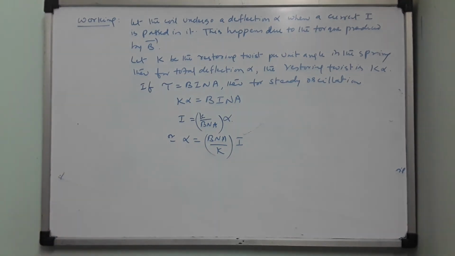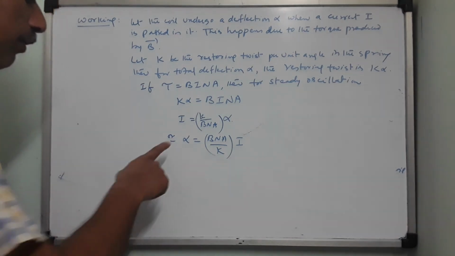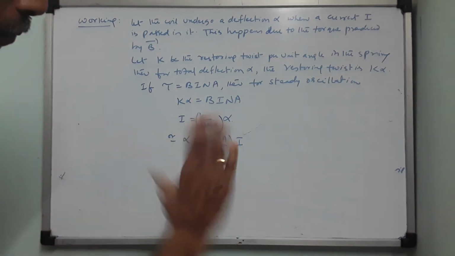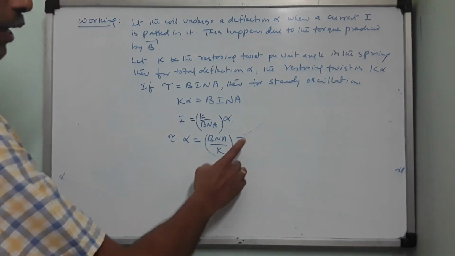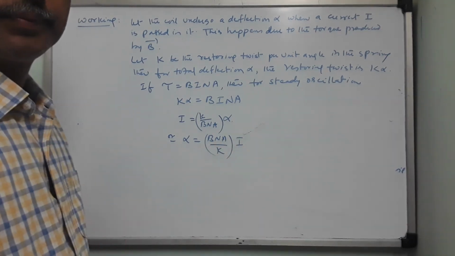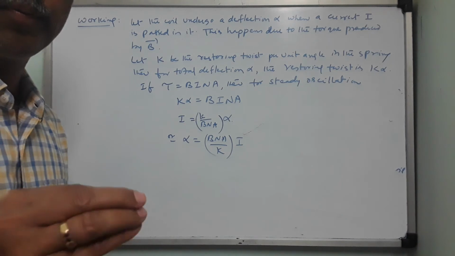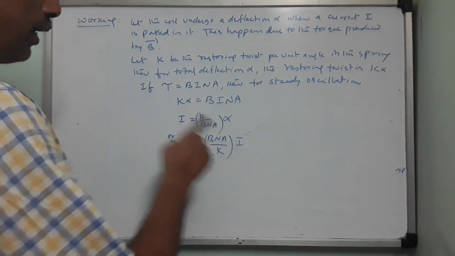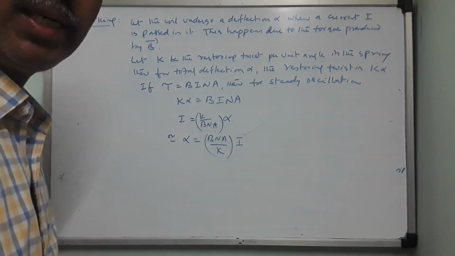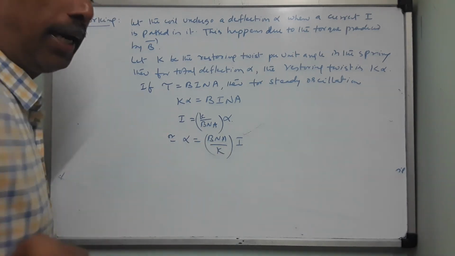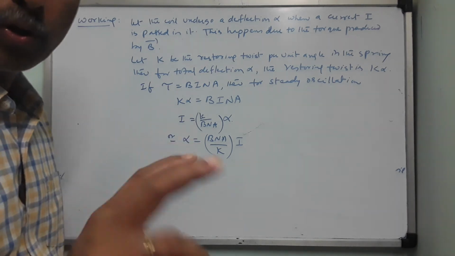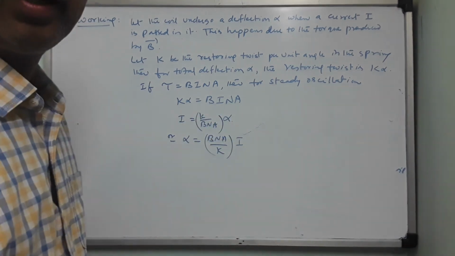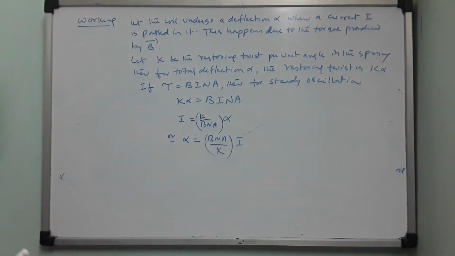So why did you reverse, sir? Means it is actually the deflection. So on what factors basically the deflection of the coil depends in the magnetic field, means it depends on the current. So this is the working principle of moving coil galvanometer. The deflection in the coil varies linearly with the current passed in the coil. If you pass more current, the coil undergoes more deflection. Less current, less deflection. Okay, right.